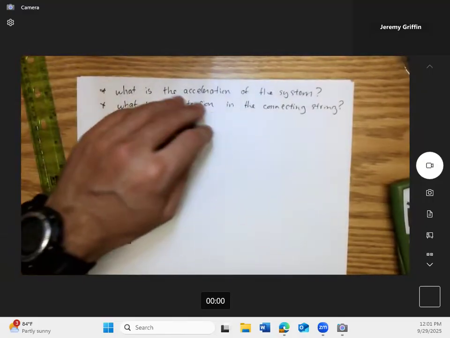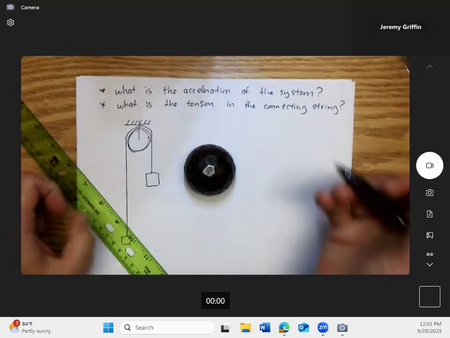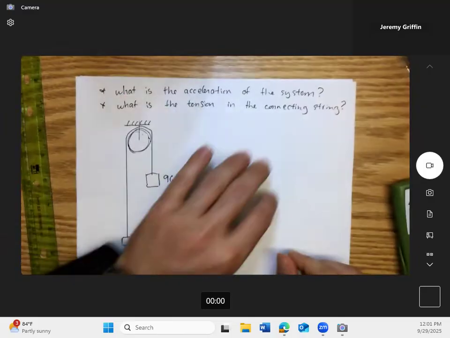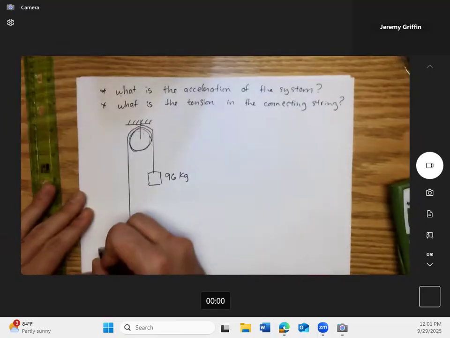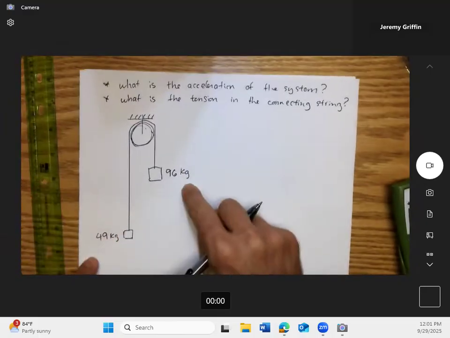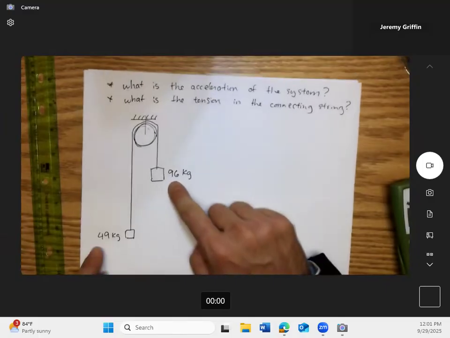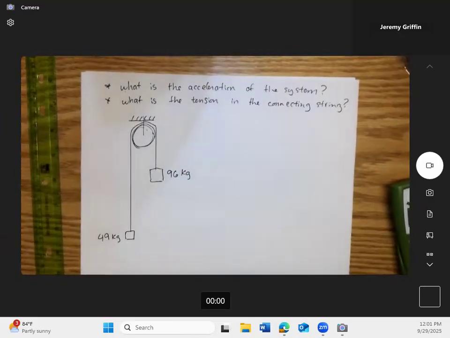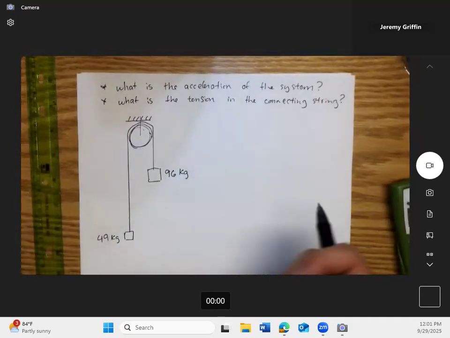All right. I need some masses. Let's come up with some masses. Magic ball. 96. I guess this guy's 96 kilograms. That's a heavy one. And what's my smaller block? 49. Oh, yeah. So this guy is 49 kilograms. So we got 96 versus 49 kilograms. That's actually really close to a 2-to-1 ratio. So you know what? I bet if you change this to 2 kilograms and this to 1 kilogram, it would be almost exactly the same acceleration. Now the tension, of course, would be wildly different. But just get the idea. Like if you know the ratios of these masses, then there's some acceleration based on that sort of thing.